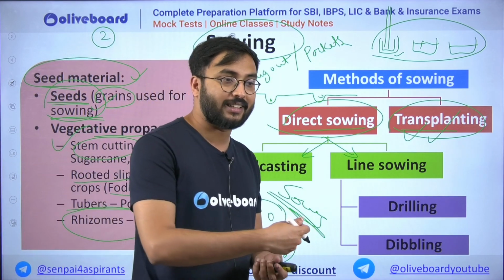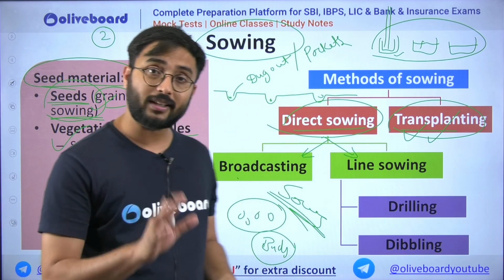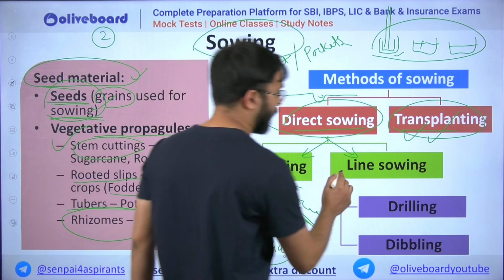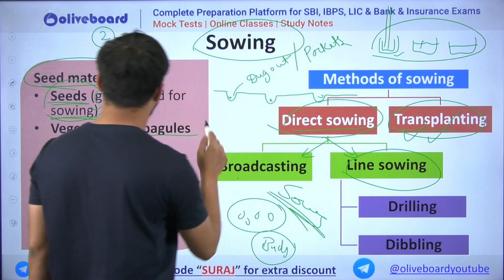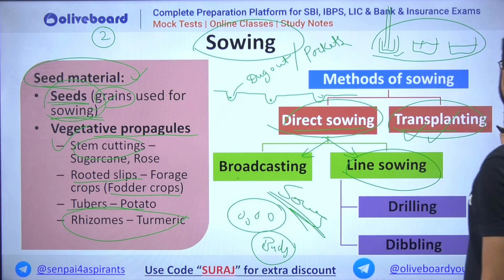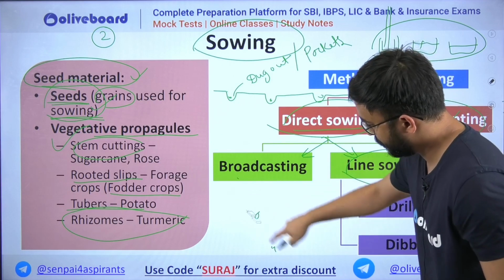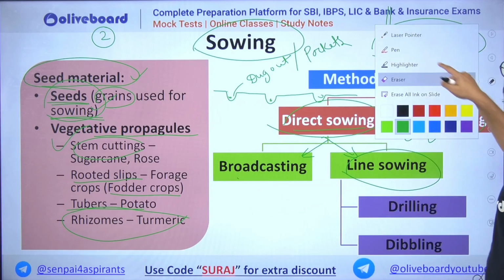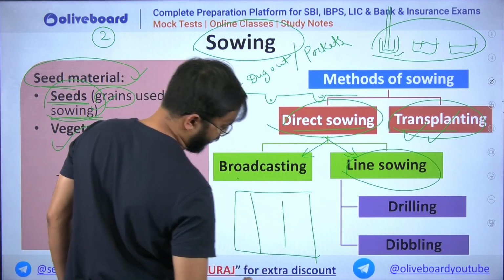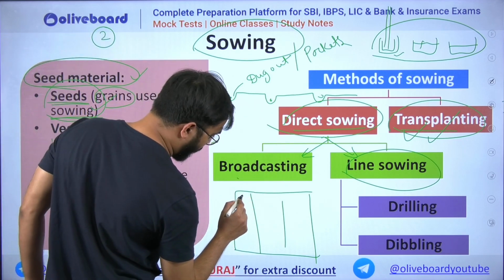So whatever farmers you are seeing in the field, they are sowing the seeds in random direction, in random amount, not in uniform, but in random amount, in random direction. That is your broadcasting. Line sowing is nothing but, suppose you are having a particular field of land, and this field of land, suppose you observe, line sowing is nothing but in